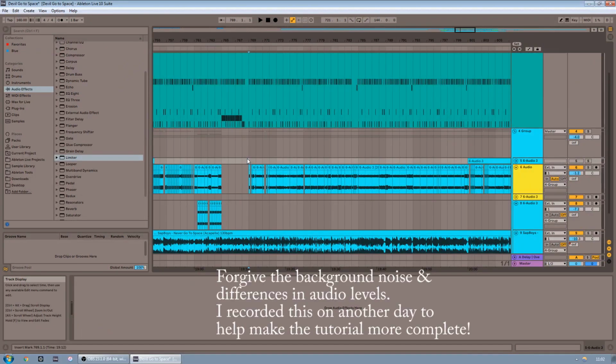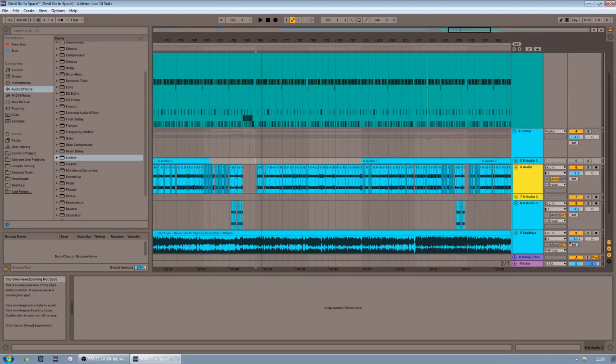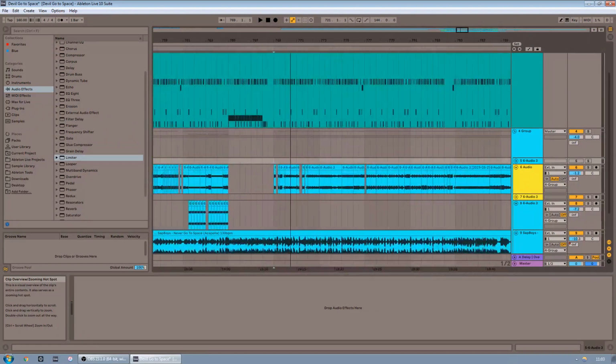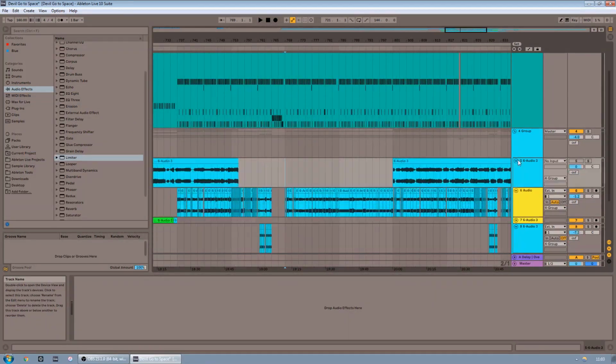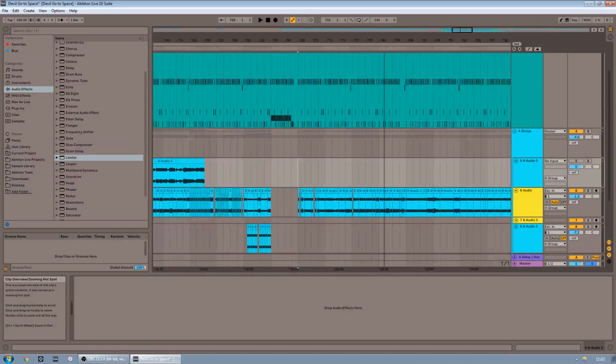So after that small demo, I wanted to show you the project where I came up with the idea to do this sequencer glitching. This was actually just an exercise that I did on one day. I just wanted to try out that technique, and it ended up being so successful that I edited an entire